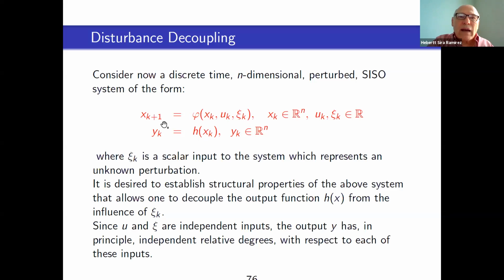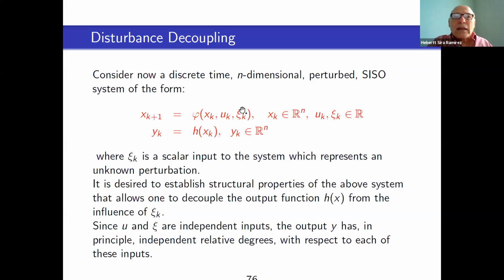If you start taking advances of the output, you define the relative degree with respect to the input when you hit the explicit presence of the input in those advances. And then two things might have happened. Either in those advances, you already found the explicit presence of this input Xi or not. And in those two cases, and the limiting borderline case, we will set up our analysis for this relation.